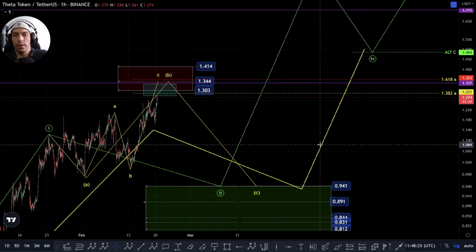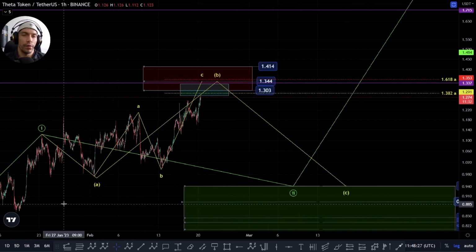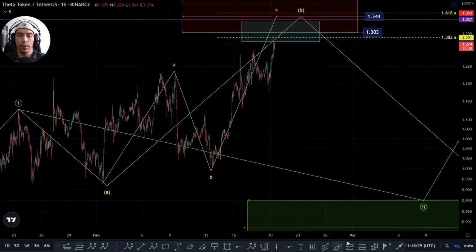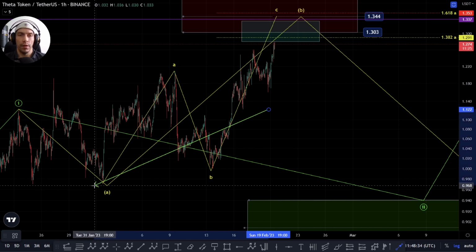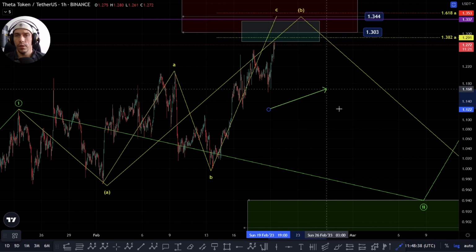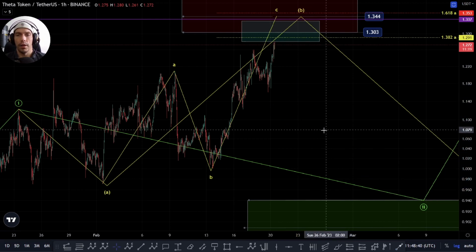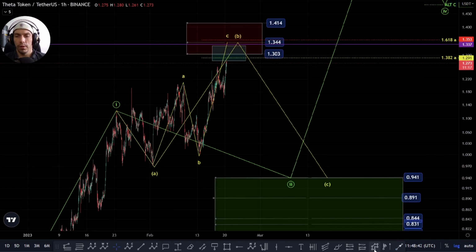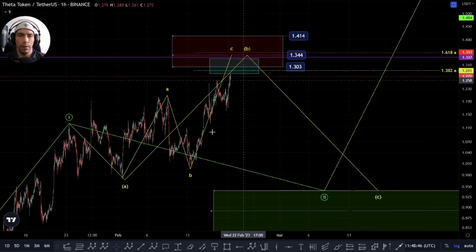So I would be still looking for a pullback in this count, and the way we'd be looking at this internally, which is slightly different, basically this move here would be an ABC to the downside, this would be an AB and a C to the upside, and then actually looking for that potential to break down in a 5-wave move. So what we'd want to see for confirmation of this would actually be moving up. So the zone for this